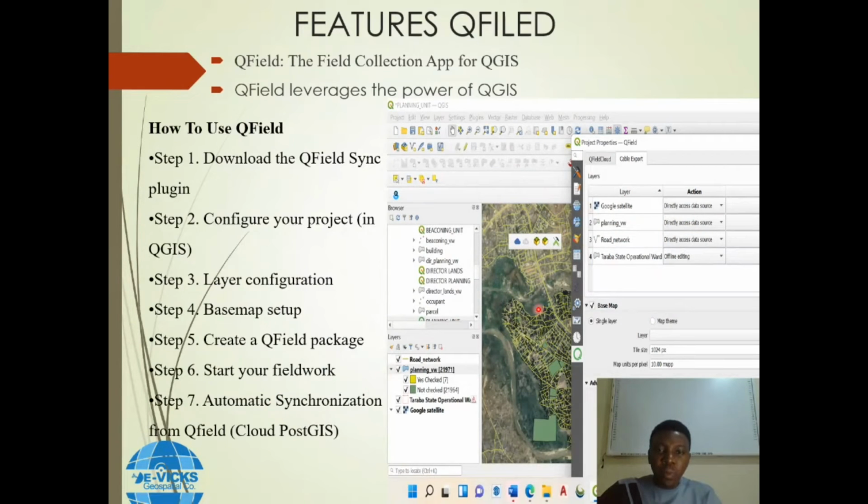And like I said, the QGIS and the PostgreSQL as well as the PostGIS were hosted in the cloud server, which enabled automatic synchronization with the QGIS,